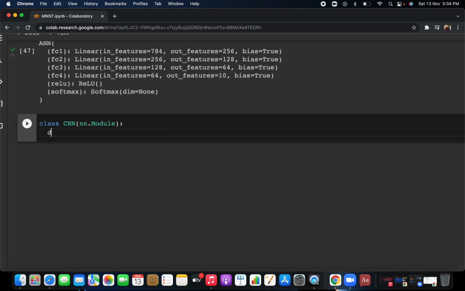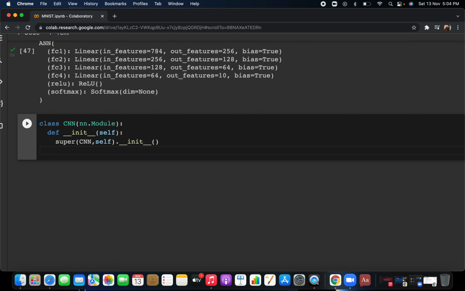Then you define the constructor, the init method, passing self. Then you use super to initialize your parent class, that is, the constructor of your parent class. I already explained this in the previous video. So you can write super(CNN, self).__init__(). I don't think you have any doubt until now.